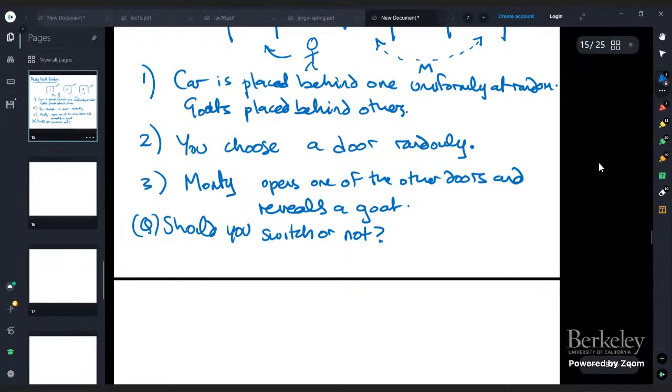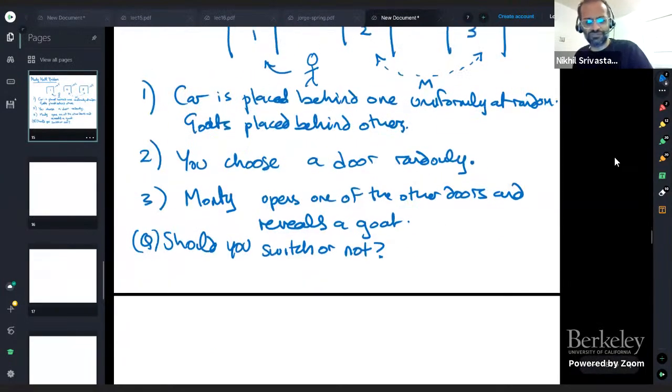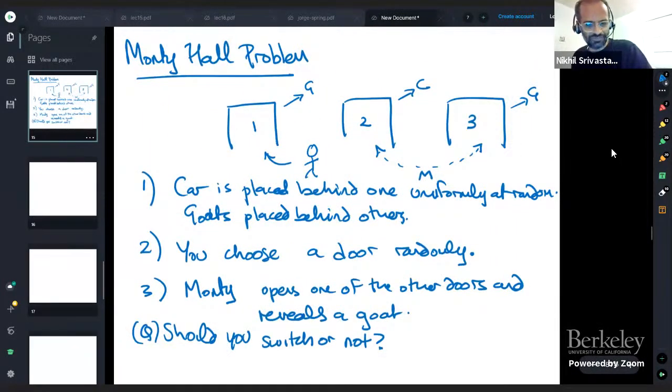Anybody else? Assuming that you picked a goat, you know that the other one that's still remaining will be correct. If you picked a car initially, then you're changing it to the wrong answer. But there's a higher chance that you picked a goat, and if you did pick a goat, then you will definitely be correct by switching. By switching. Okay,